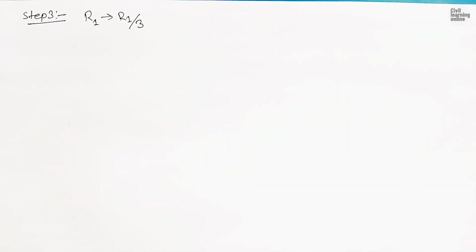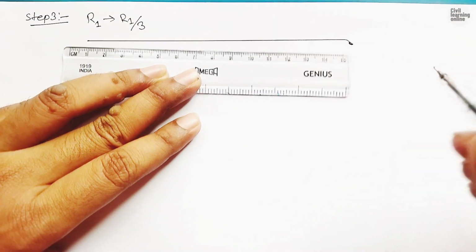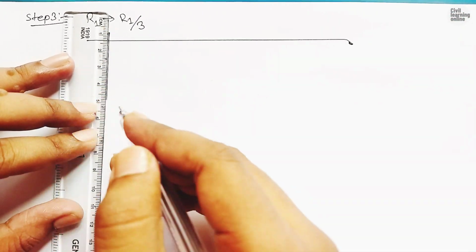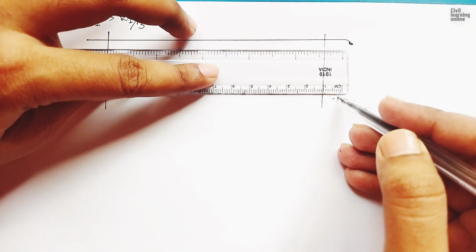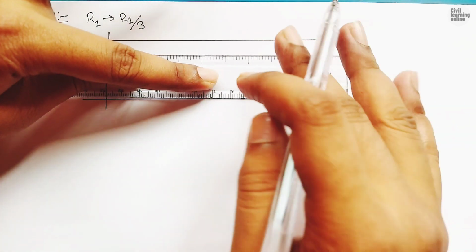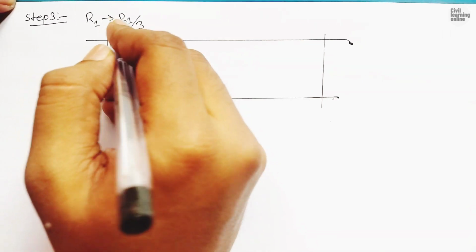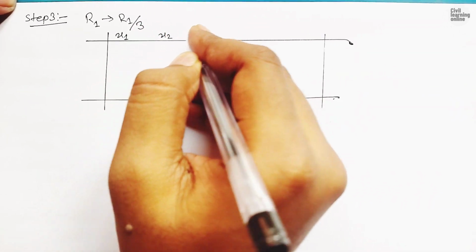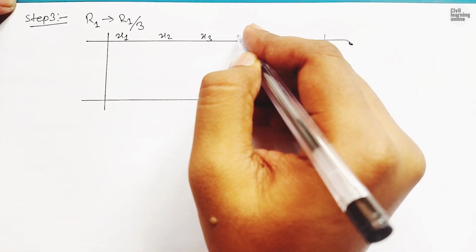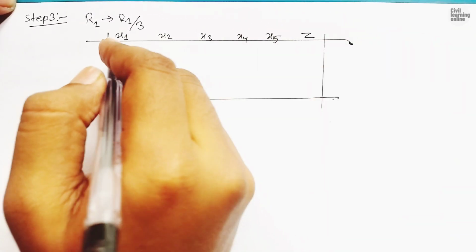Now draw the table here like we have done previously. Draw a straight line long enough, and enter the values now. First of all we will enter the variables, and our variables are x1, x2, x3, x4, x5 and z, and the elements are